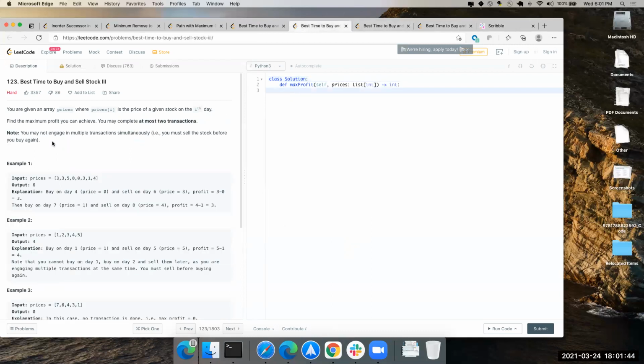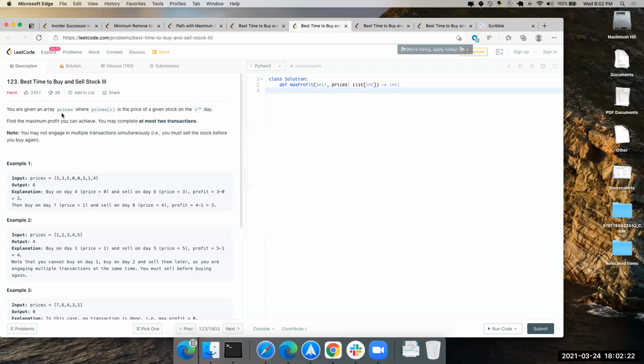So the thing is this one has at most 2 transactions, and the reason Deven's answer is working is because of the way he's using it here, based on previous: at most 2 means either you can use 1 or you can use 2. But the question says you can have 0. But if the question says you have to use 2, then that is going to be a different problem altogether. If you have to use 2, then it'll be a different answer. But then you can have test cases where you don't have 2 at all, so it means it breaks.